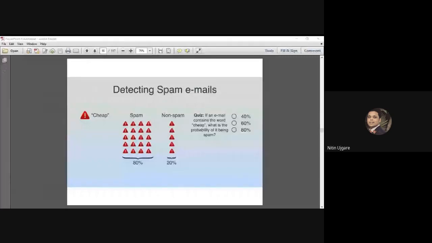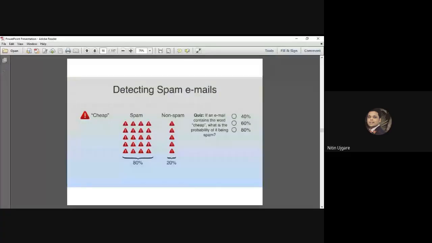So the answer is 80%. Of course, because the prior probability that we have found out here, the prior probability of the email being spam is 80%, and for the non-spam class it is 20%.